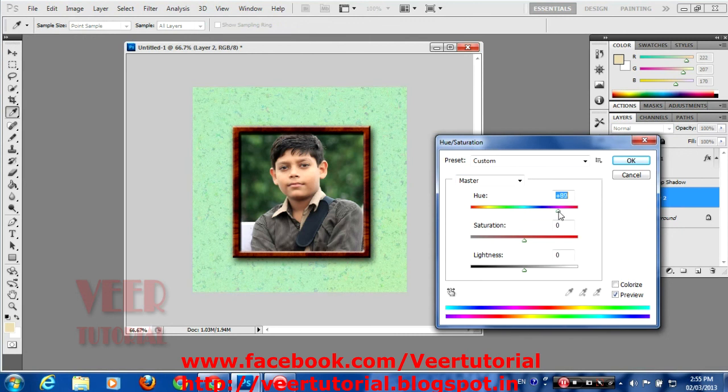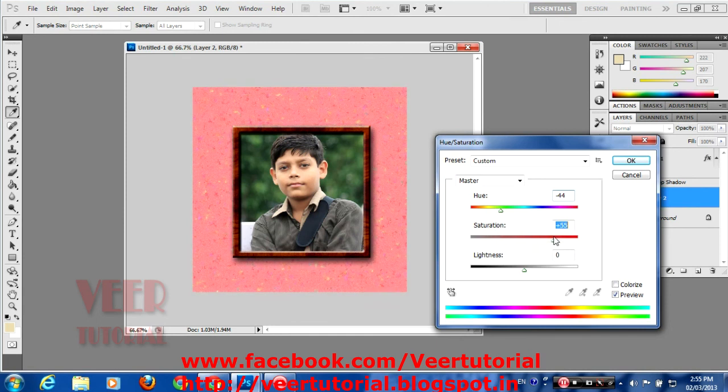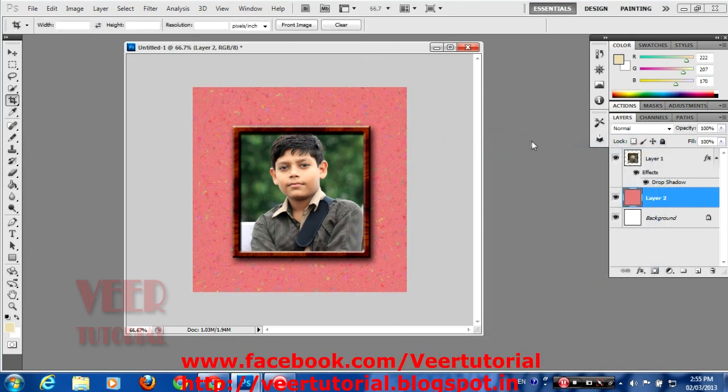So we can change the color if we want. I think this one is looking a little good. Click OK, and this is the picture I want to create.